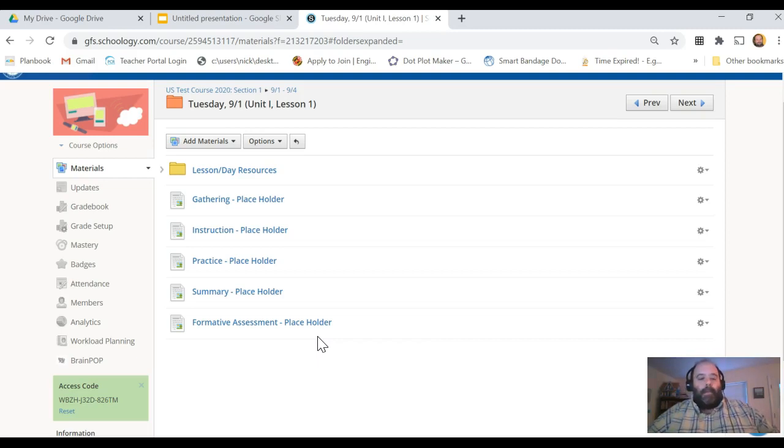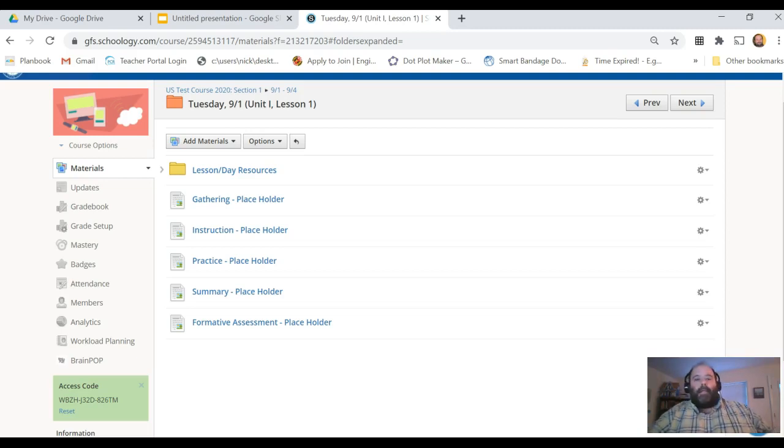So we try to build something that was oversized and then you can pull back from. So you should feel comfortable deleting things except for that formative assessment piece and making this fit the day of your instruction. If you have questions about that, please reach out, let me know, and we'll see where we can go from there. I'm aware that this is probably the most confusing part of this video and of the